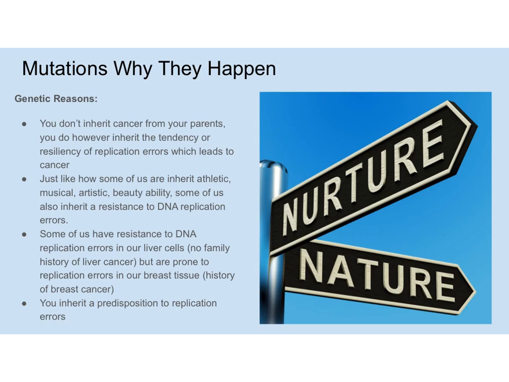So it's very much like some of us just inherit natural athletic, musical, artistic, or say beauty ability. Some of us also inherit resistance to DNA replication errors. Some of us are resistant to cancer, or resistant to making these replication errors. Some of us are the opposite and have the tendency to make these errors, just like how some of us are very non-athletic or non-musical or non-artistic. Some of us have resistance to DNA replication errors in our liver cells, where you have no family history of liver cancer, but you may be prone to replication errors in, say, your breast tissue and have a history of breast cancer. So sometimes you're resilient to one type of cancer, but have the tendency to develop another